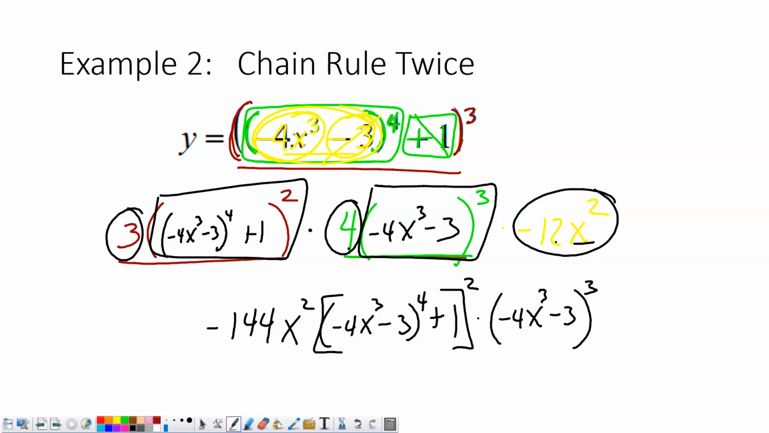And there it is. So you just have to find your 3 layers and do the derivative of each layer separately and multiply them all together. And you're pretty well set after that. Okay, so